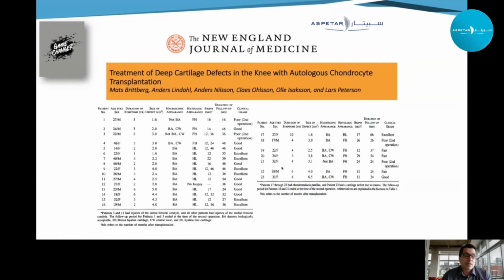What really changed the scenario, and it was definitely a paradigm shift, was this publication in New England Journal of Medicine in 1994 from a group in Göteborg. Professor Lars Peterson, who's considered to be the godfather of autologous chondrocyte transplantation, and Mats Brittberg. You most probably know Mats Brittberg